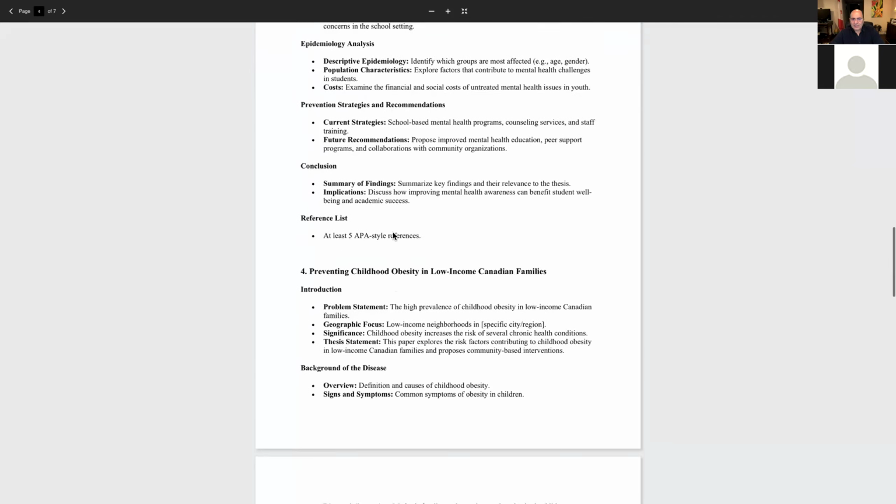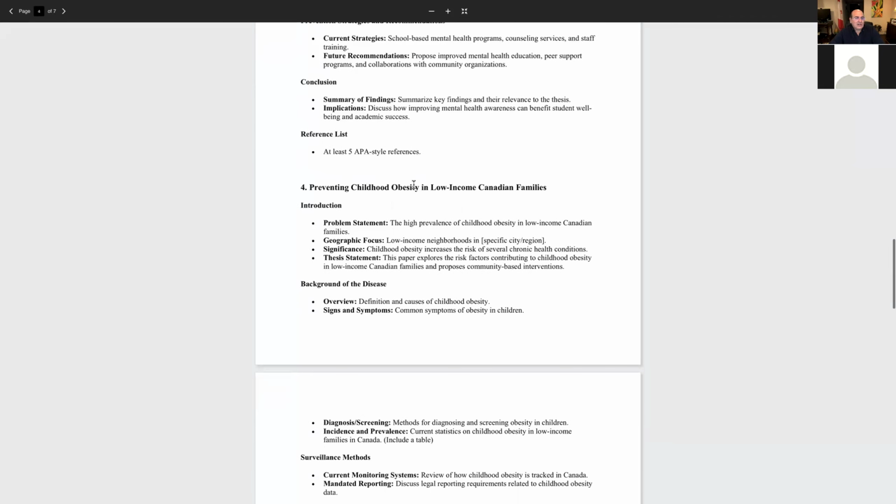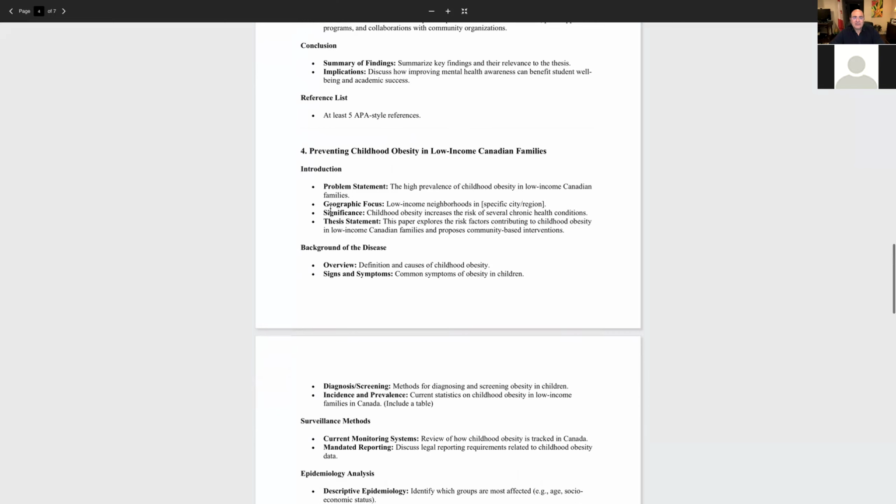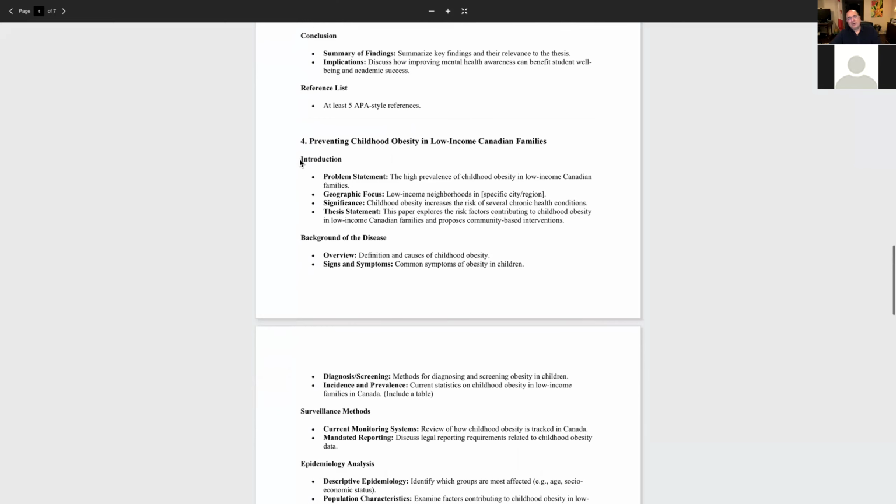Now, another topic that you can choose is preventing childhood obesity in low-income Canadian families. Same here. You can easily start writing your article. You're going to have several sections. These are the sections for your article. And you are going to make sure that you write 1 or 2 paragraphs related to the points that are already added here related to this specific topic. Now, you can continue, of course, with different sections. If you want to choose this